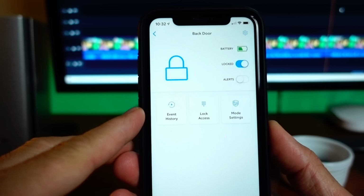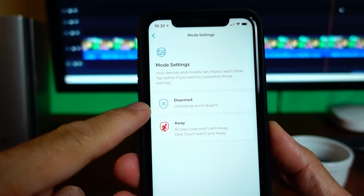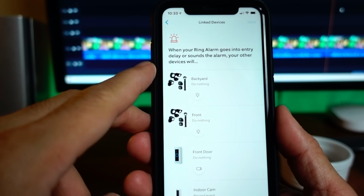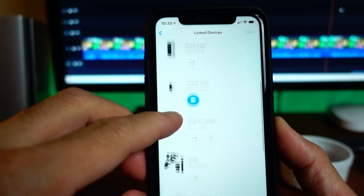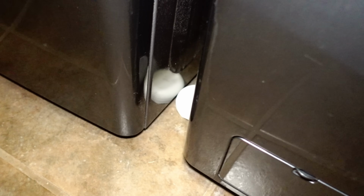I have a smart Yale lock in my back door which is integrated with the alarm, and you can set it to arm the system when you lock the door or disarm when you unlock it. You can also set any of your Ring cameras to start recording when the alarm is in entry delay or when it goes off. I also have the First Alert smoke and carbon monoxide detectors, and also a flood sensor